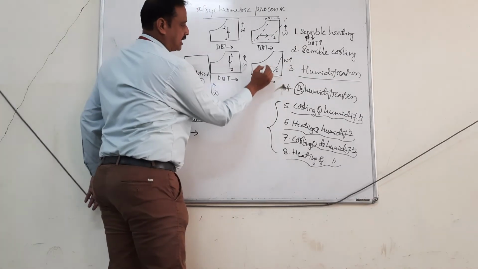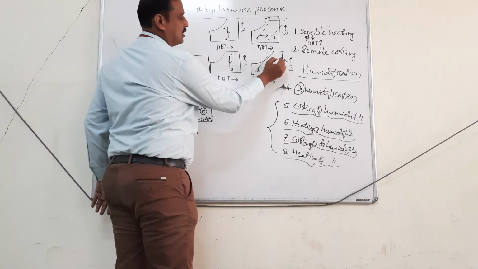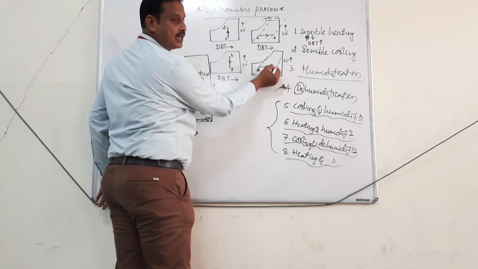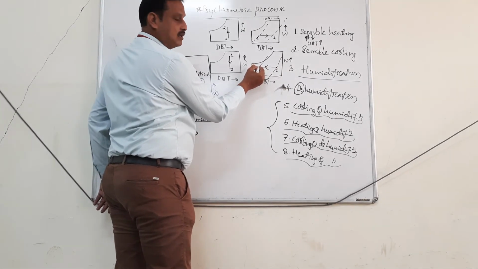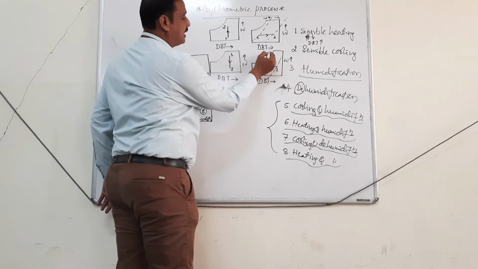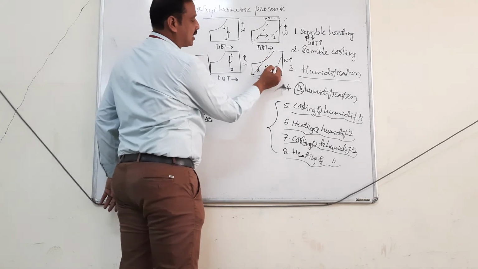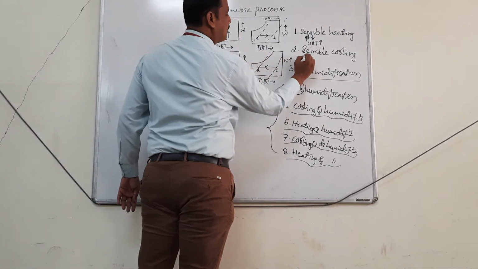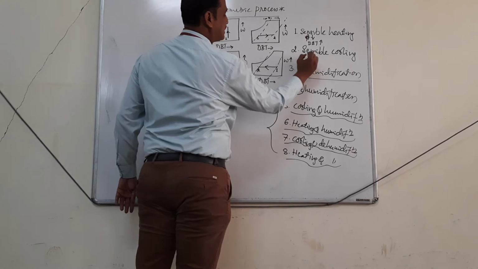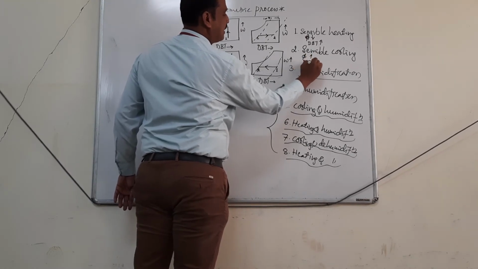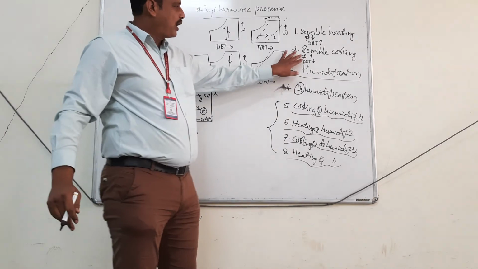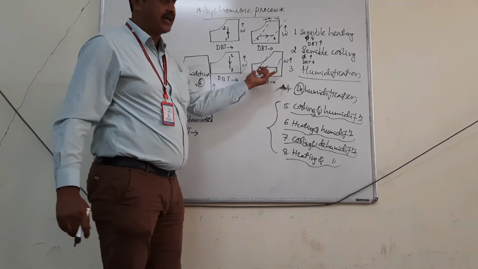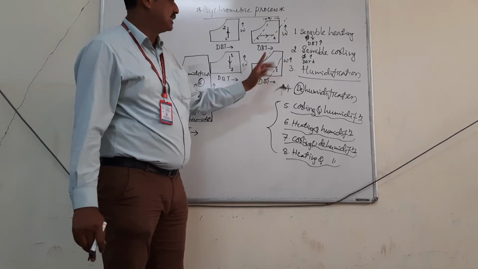Similarly in sensible cooling what happens? So this is your RH and this is your RH. So our relative humidity at this point is more than this point. Okay, so here you will have higher relative humidity compared to this point. So here, phi increases and dBT decreases. So these points only you remember. By looking at the chart, you can write down the explanation easily.